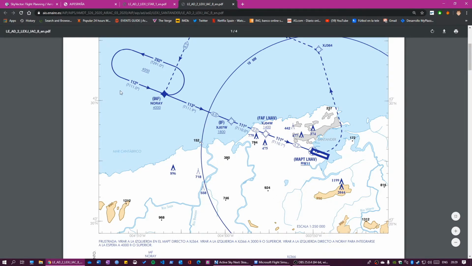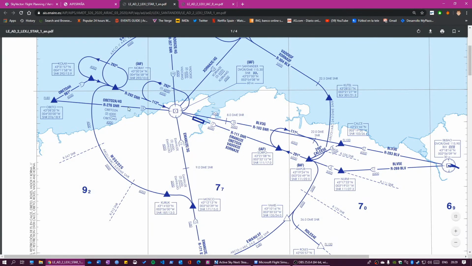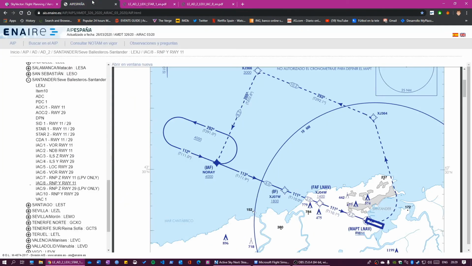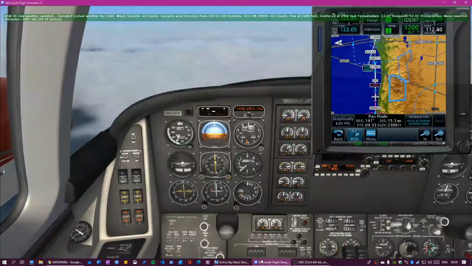The thing is, to go to this VOR, we need to take this 112 radial coming from this VOR. And then we'll probably just see the runway, so I'm not worried too much about it. If we see the runway, because that